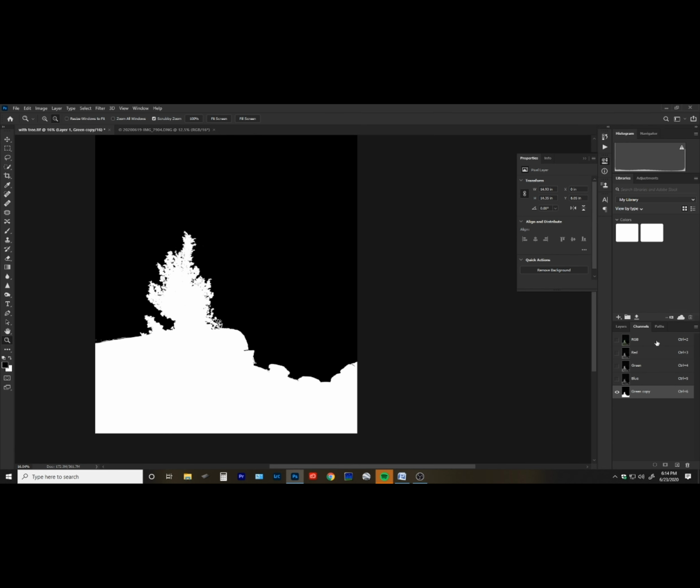So what we'll do is now that we've got the mask the way we want it, solid black, the black area is what's going to be hidden. The white area is what's going to be revealed. I want this white area to shine through on the star part of my image that's exposed correctly. So we're going to hit Control. When I do, watch my little hand right here. When I hit Control, it turns into a box, and we're going to click on that black and white channel,